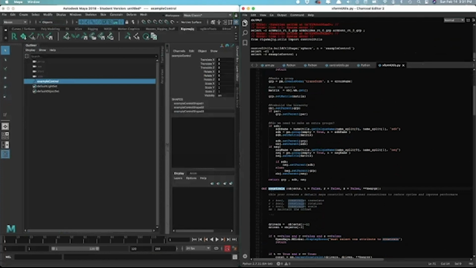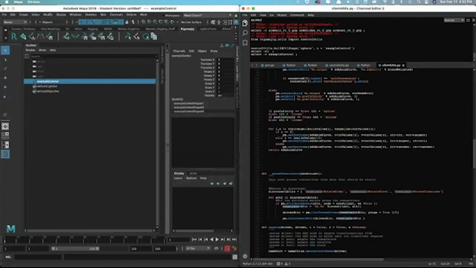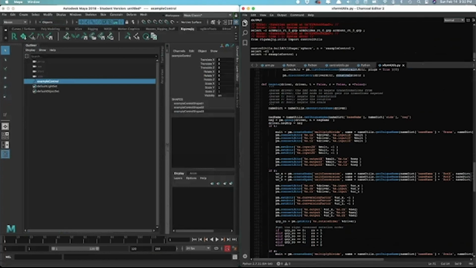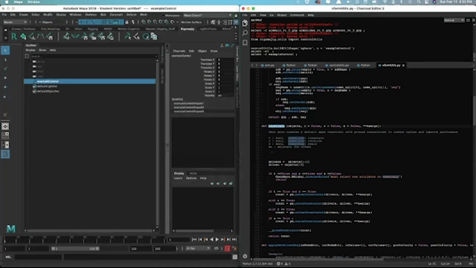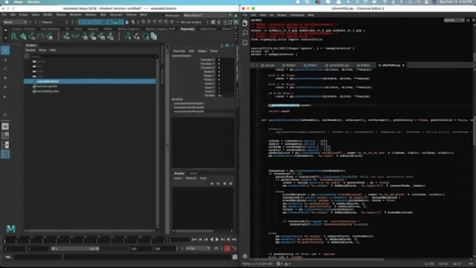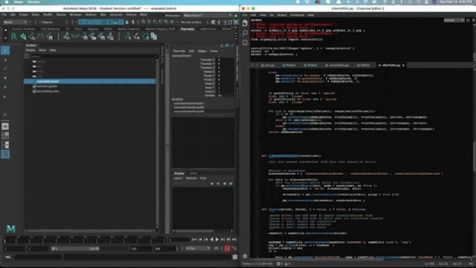I was a little bit particular, and I kept getting confused because I also have a matrix constraint definition, and so it would mess me up going between matrix constraint and constrain. So I wrote one that's just to constrain two things together. It checks if you want to translate and rotate, then we'll make a parent constraint. If you only want to translate, do a point. If you only want to rotate, an orient, and if you want to scale, then make a scale constraint. And then it just has this little helper function called prune constraint, which takes out, when you make a constraint,